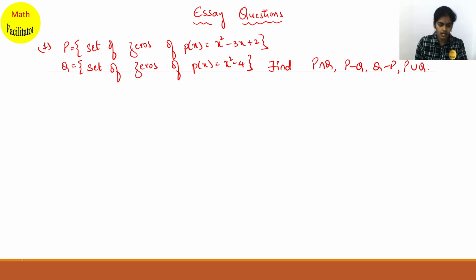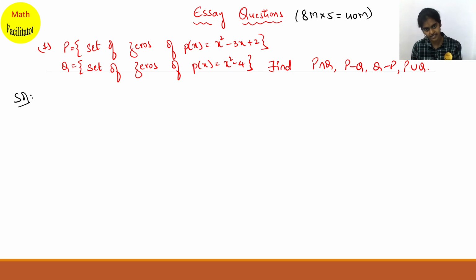Okay, so you all know that essay questions carry 8 marks. And you have 5 essay questions in your question paper. So on a total of 40 marks, you will be able to score. Right. So our aim is to have those 40 marks in our pocket. Definitely 40 out of 40 you have to score. So that is the agenda of this series, right? We'll be discussing the most important essay questions in this series, so that whichever essay questions you get in your paper should be from this series, right?